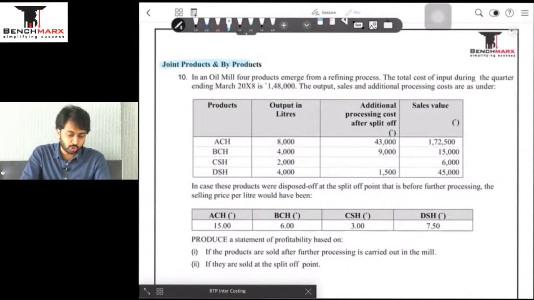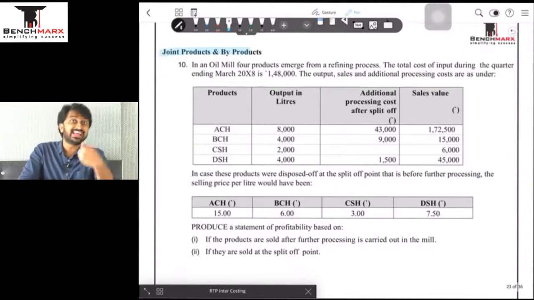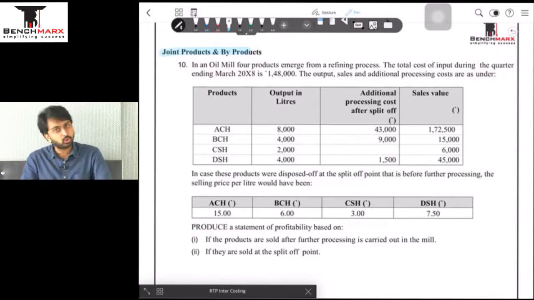that is based on joint and byproducts, and we'll then do question number 9 in the next session. So we are not skipping any question, we are just doing that a little later because काफी time हो चुका है and this is a smaller question, so I have decided to do question 10 and not question 9 now. In the next session we'll start from 9 and then jump to 11. ठीक है, so last question for this session. So let us start question number 10 joint product and byproduct चालू करेंगे.